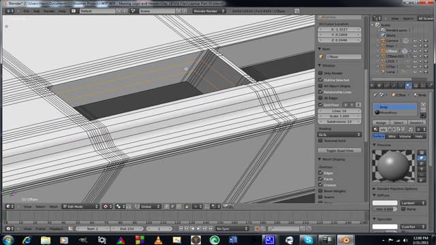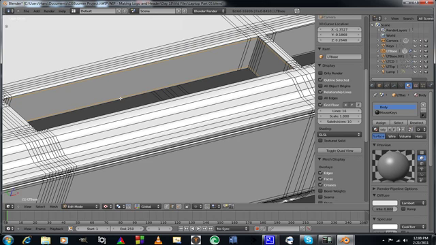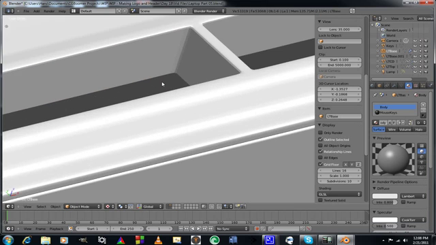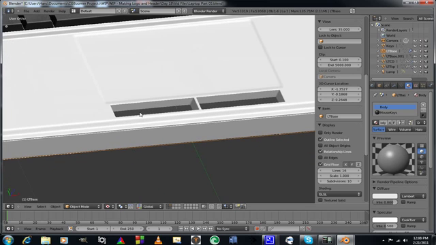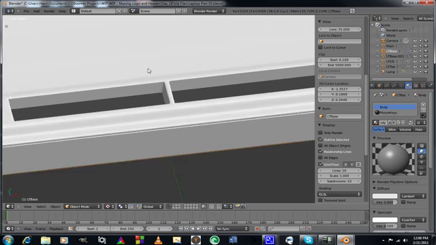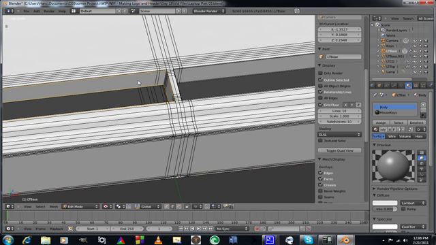Let's add a couple loops, S and Z, move them up, and let's go into edit mode, and that is just about what I want. Let's see what happens if I get rid of some of those edge loops that I think are unnecessary now, since they were actually part of the buttons. So let me switch back into here,